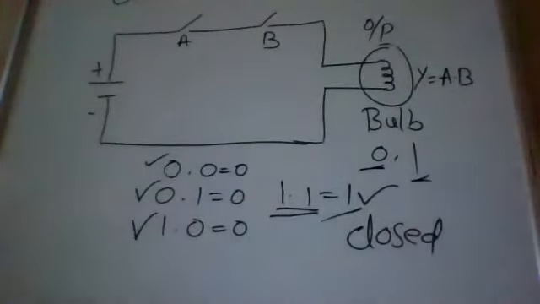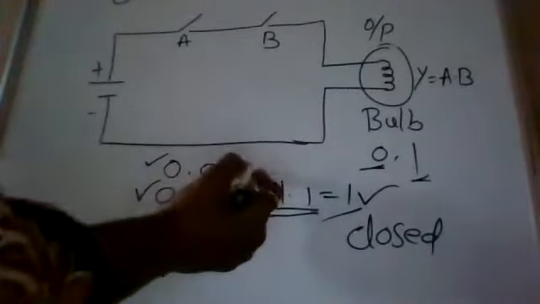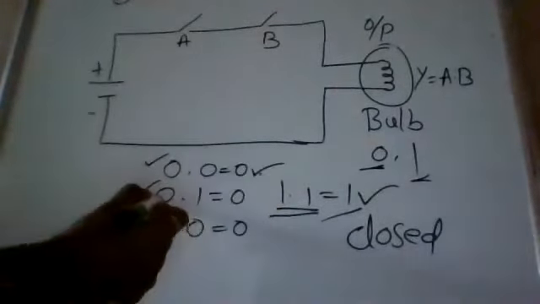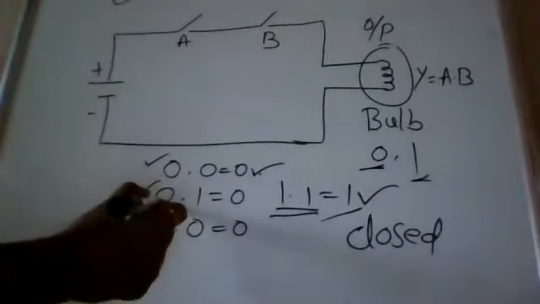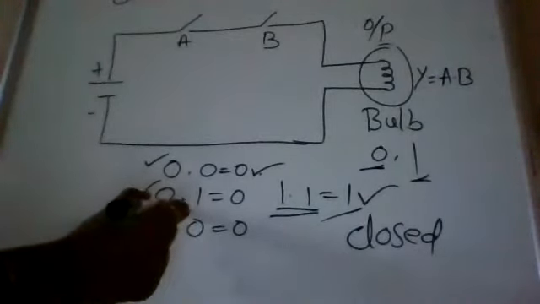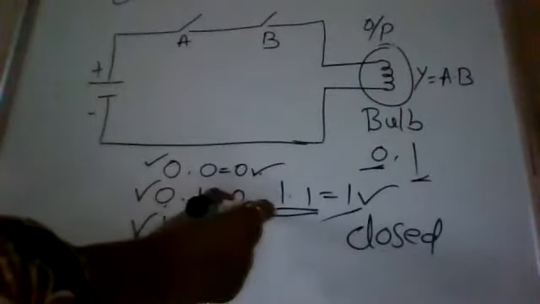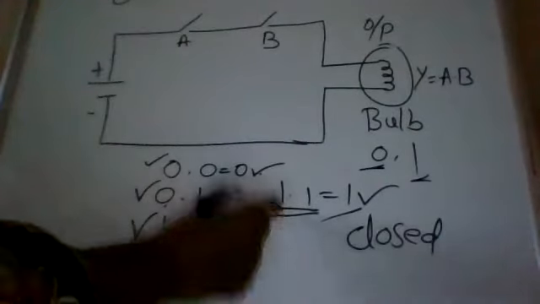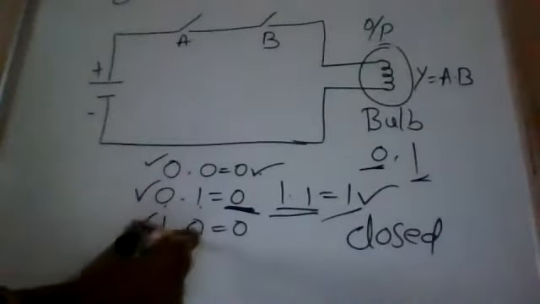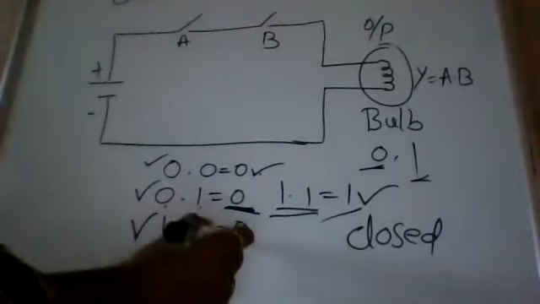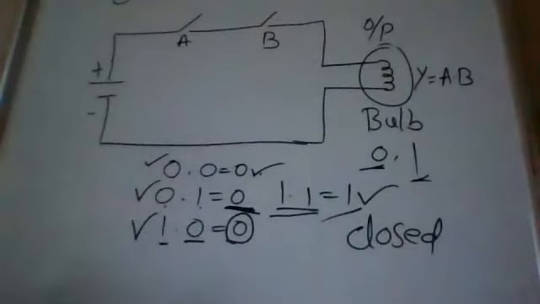So in case 4, this is case 1, this is case 2, this is case 3. Case 1 means both the inputs are in open condition. We get the result that bulb is in off condition or bulb will not glow. Case 2, if A input is in open condition, B input is in closed condition, we get the output 0. 0 means bulb will be in off condition. And in case 3, 1 comma 0 means A input is closed and B input is open. Again we get the answer 0. Output is 0. 0 means bulb will be in off condition.